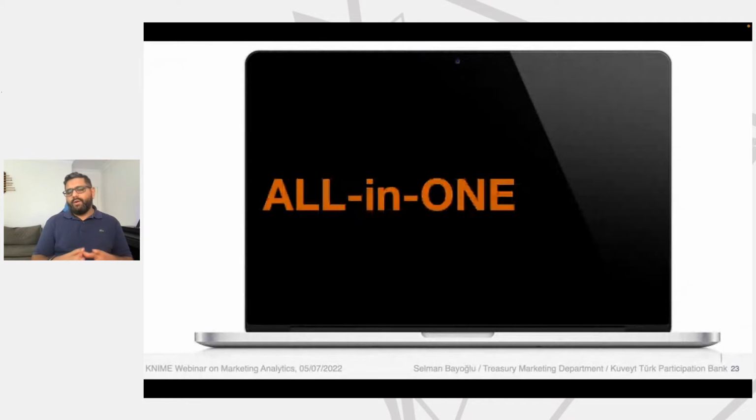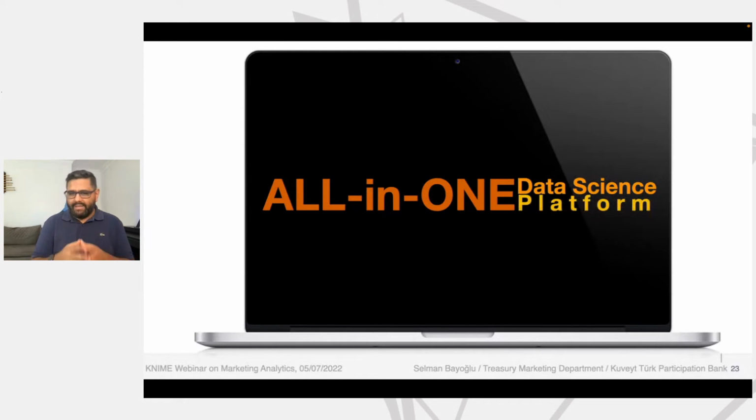And then at the end, just one computer, okay? Just an all-in-one data science platform. Everything is in one platform, and we're not confused about moving from one platform to another to do several things. Everything is done in one platform. Even the server window is inside one platform. This is also a big value for us. We found this convenience at Knime.